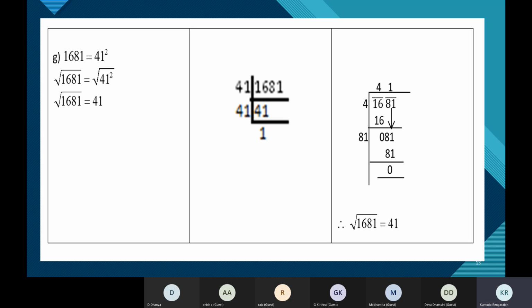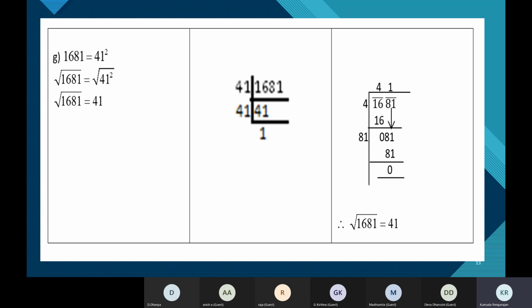So when you think like that, you need to get 1 in the end. 1 in the end meaning the available options are only 41 and 49. 41 and 49, because 1 into 1 is 1, which will give you 1 in the end. Or 9 nines are 81. If you use a 9 also, you will get 1 in the end. So the two numbers can be 41 into 41 or 49 into 49.